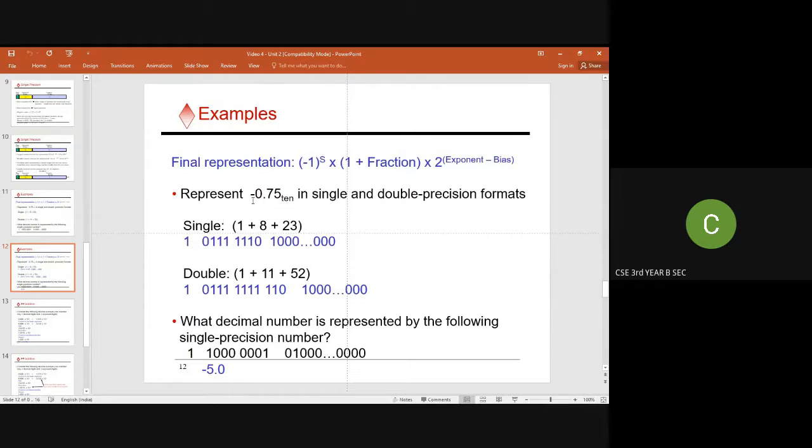Here we are representing a negative value, so the sign bit is 1. If the sign bit is 1, then it is a negative number. If the sign bit is 0, then it is a positive number. And the exponent part is 0 111 111, and all the remaining generated bits represent the mantissa. For the double precision method, it is 1 0 111, all ones, 110, 1, all zeros.